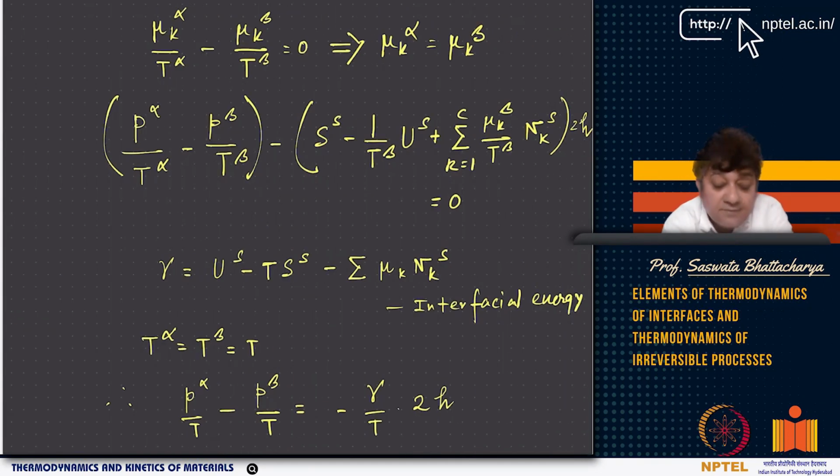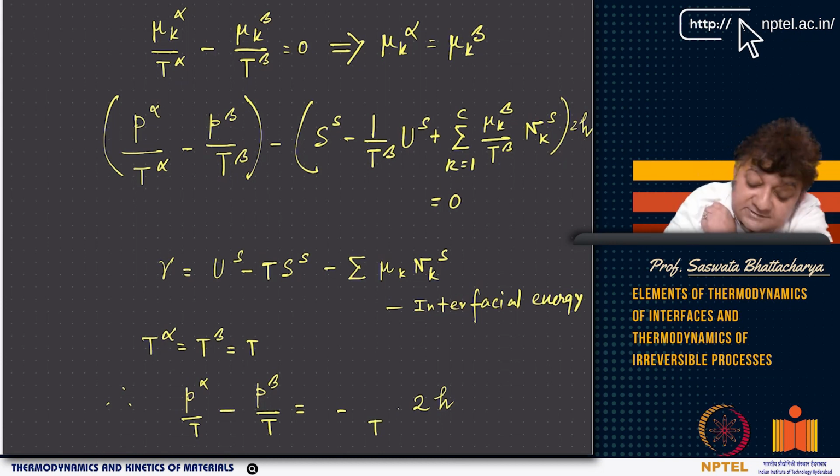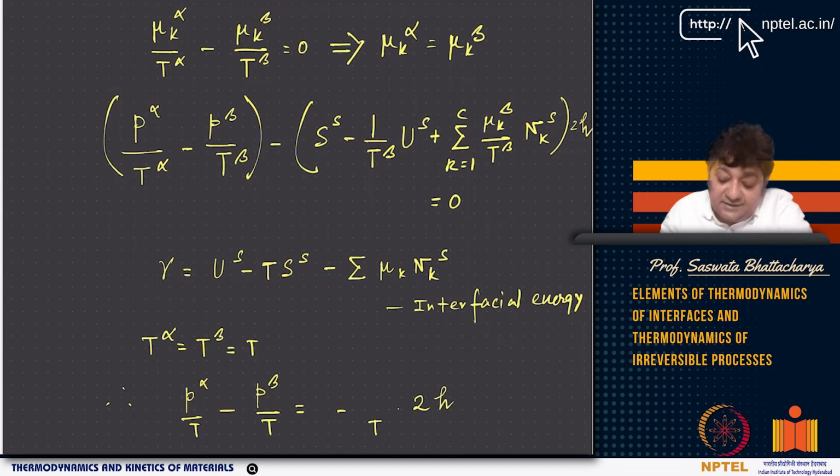Now if you look at that, mu K alpha equals mu K beta, then P alpha equals P beta. However, you have the term in the brackets. If you do a little bit of rearrangement, that means Us minus TSs minus sum of mu K NKs. So, T alpha equals T beta equals T, and P alpha equals P beta, and